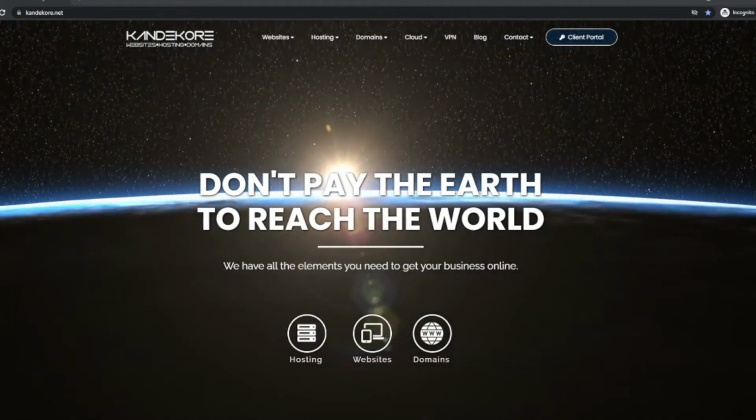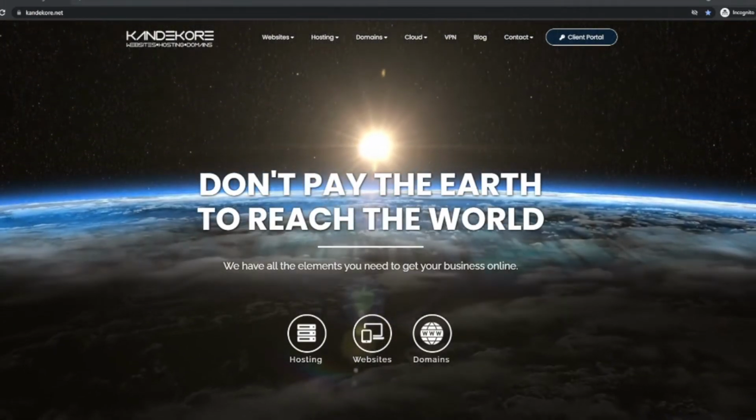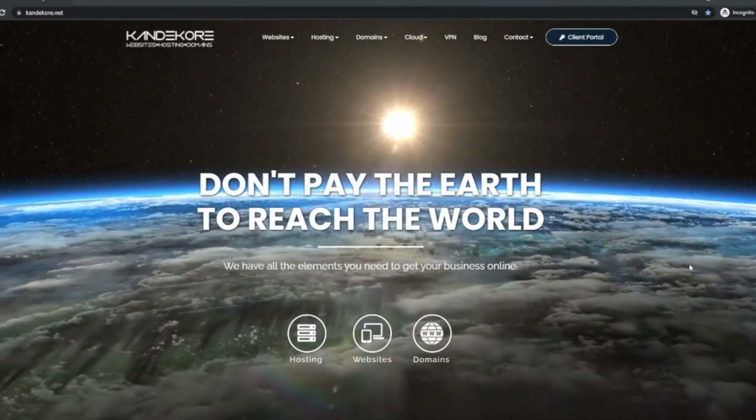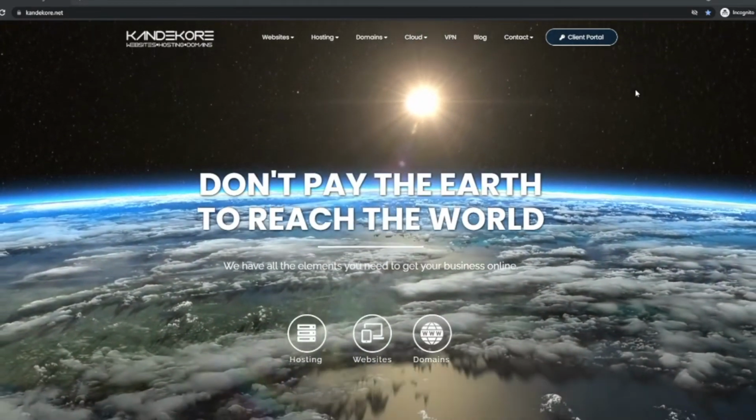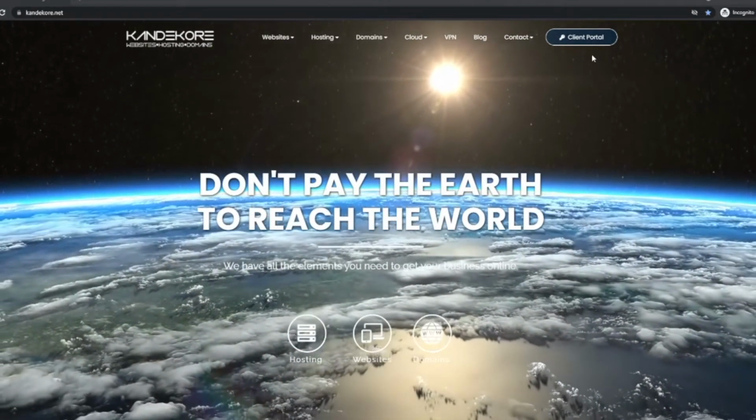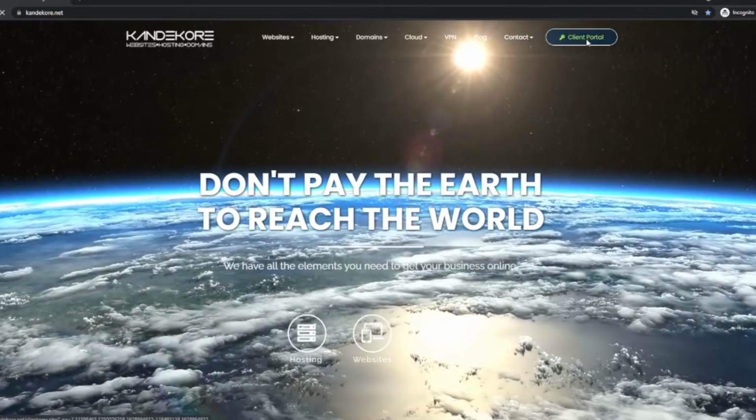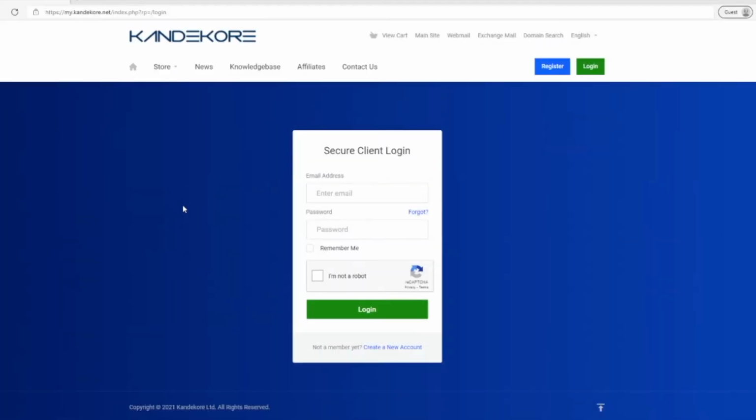So, you can order services through our main website, but today we're just going to go straight to the client portal, which can be reached by clicking this big blue button on our homepage. You will then be greeted with a login box where you can log in if you have an account, reset your password by clicking forgot if you don't know your password, or creating a new account by clicking create an account. You can also create an account at the checkout stage when you place an order, which is what we'll